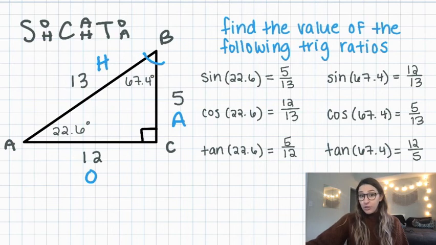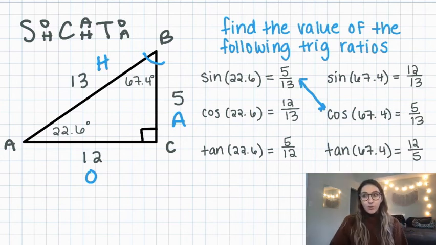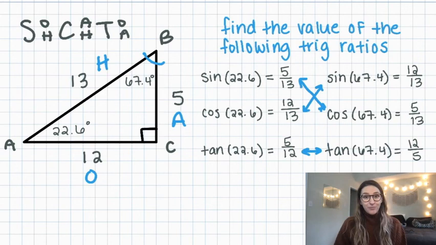So you can notice a few patterns here. You can see that the sine of one angle is the same as the cosine of the other angle, and vice versa. And then we can see that the tangent of one angle is the reciprocal of the tangent of the other angle. So this was a really quick explanation of how to find the values of different trig functions,